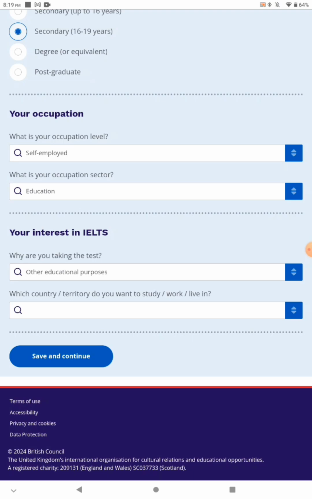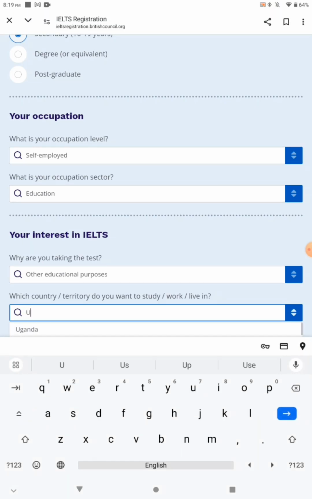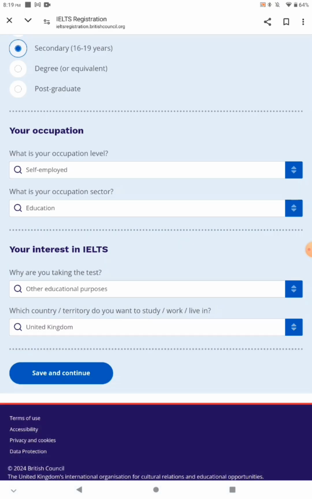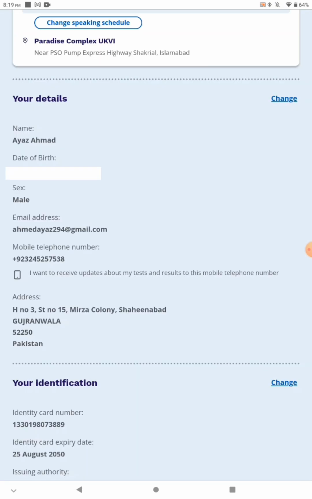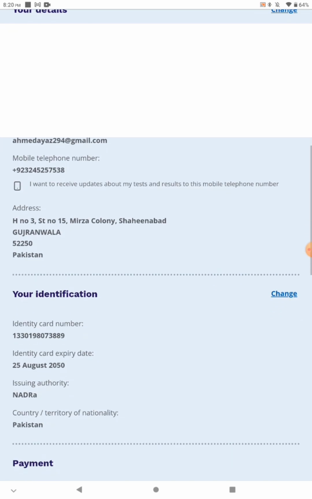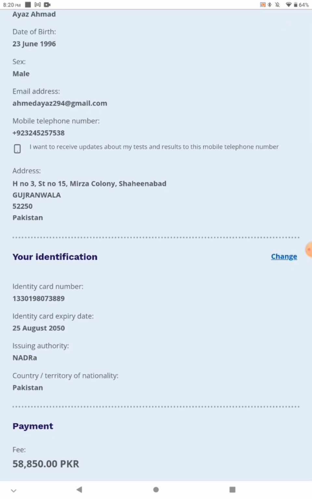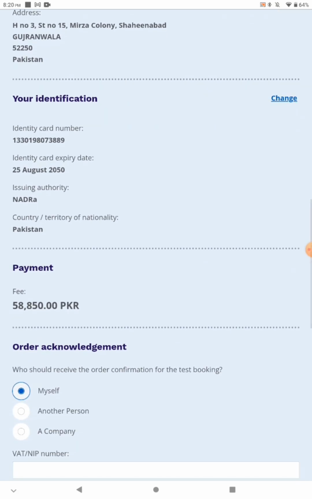Which country or territory do you want to study in? Now you have to select. Most of the time we are selecting United Kingdom, UK. So I am going to select UK. Now click on save and continue. The details provided by me are on my screen, and I can easily read all the requirements which have been filled by me, like the name, date of birth, your gender or sex, your home address, your identification number, your payment,